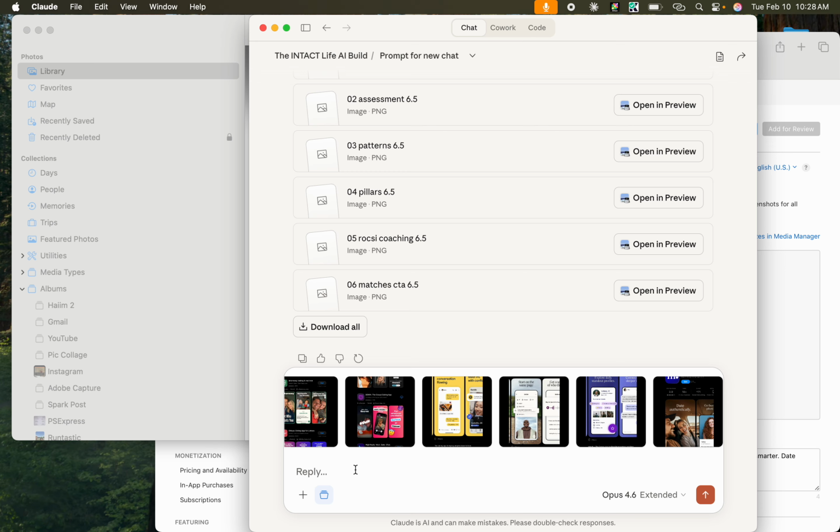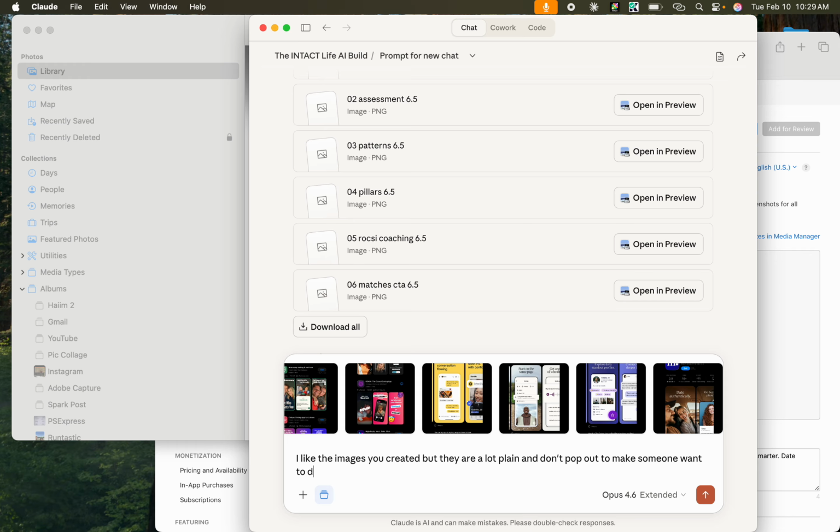So what type of prompt do we want to do? Let's just say, I like the images you created, but they are a little plain and don't pop out to make someone want to at least find out more info.